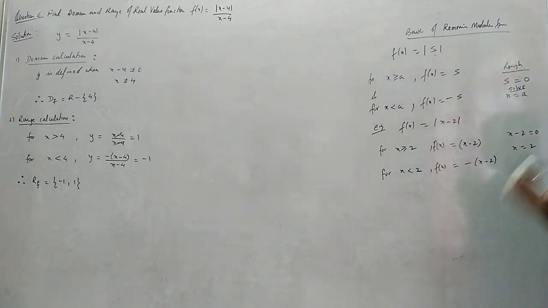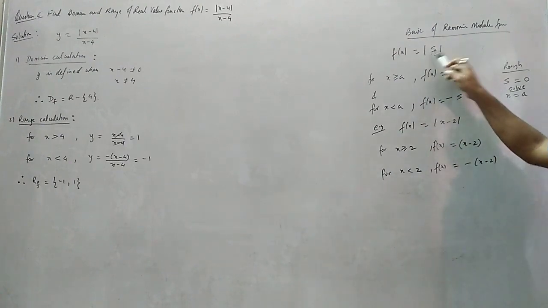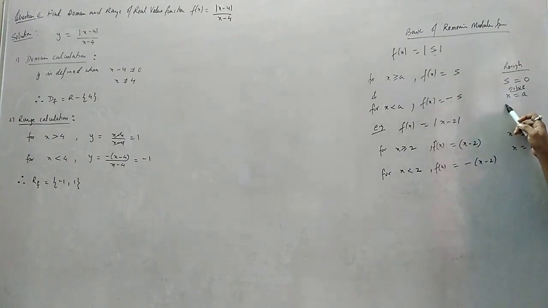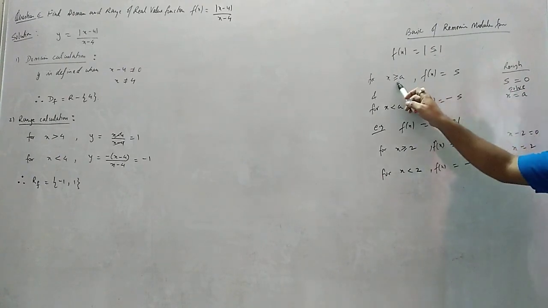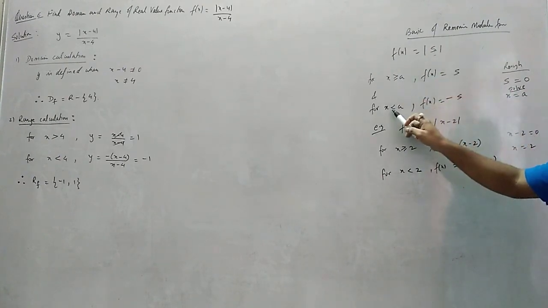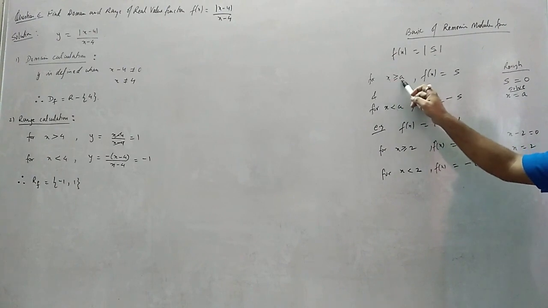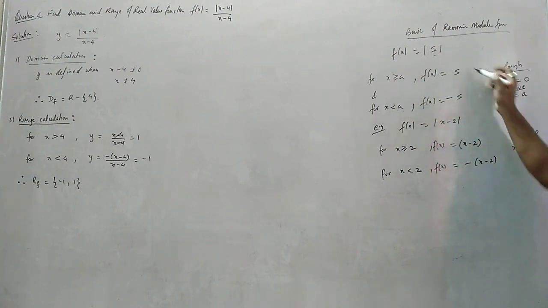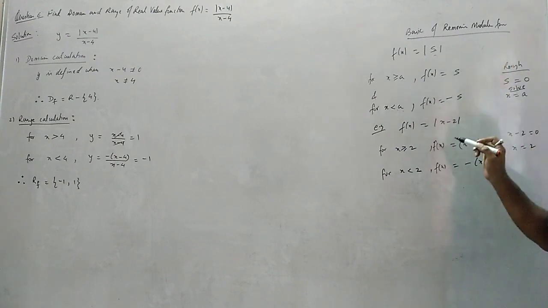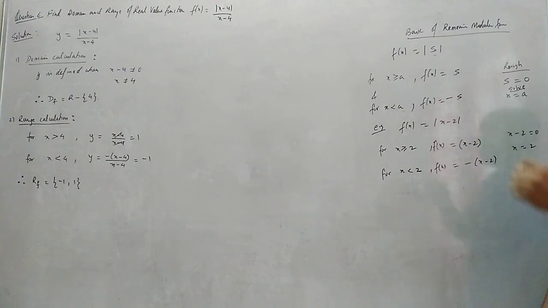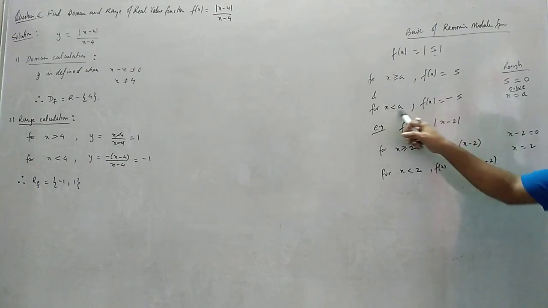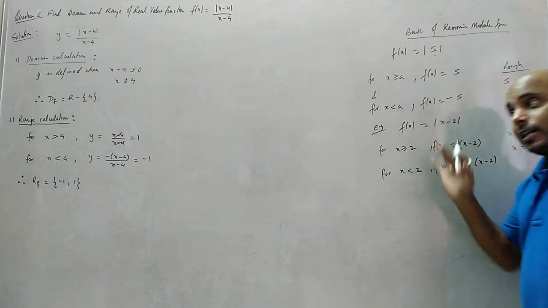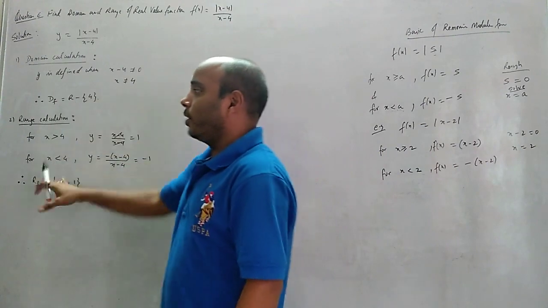So overall, what you need to understand is that the inside part, make it 0. From there you will get the x value. For x greater than or equal to a, the mod will remove. For x less than a, the mod is removed and a minus comes. But you need to understand why we are putting the negative sign: just to make the final answer positive. This is the reason why I am removing the mod and putting the minus sign in the less than cases, right? Okay. Now see, the same case I will do here also.